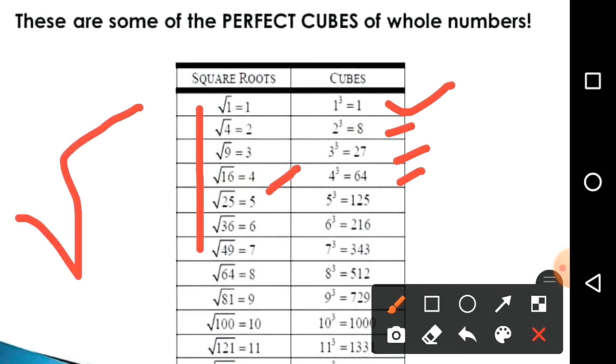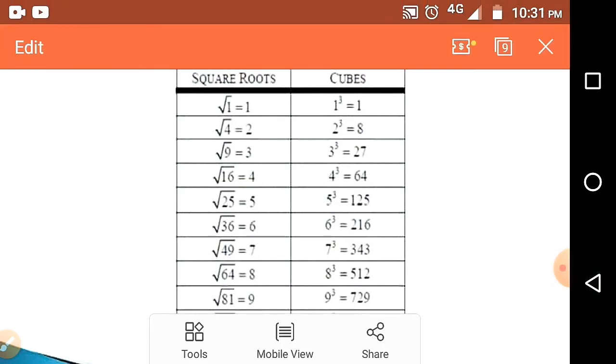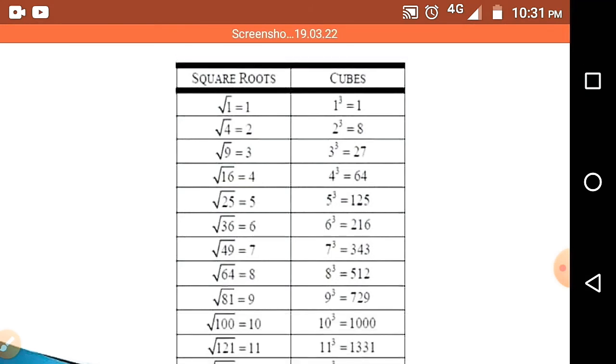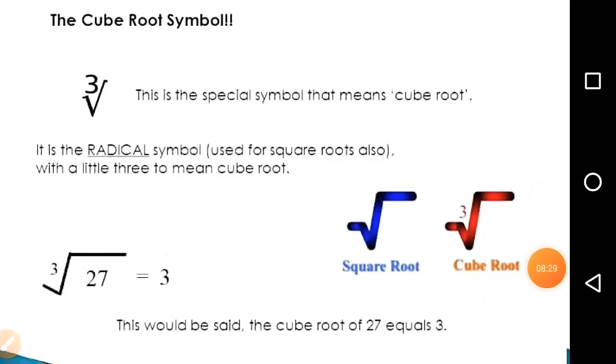Now we will talk about cube root. The symbol is almost the same, but inside the root we will write 3. So this becomes the cube root. Whenever you write 3 inside the root, it becomes the cube root. So this way, when you multiply the same number 3 times you get cubes, and this is the symbol of cube root. We have already seen the symbol of square root. In that root, if we write 3 inside, it becomes the symbol of cube root. So this is about cube root.